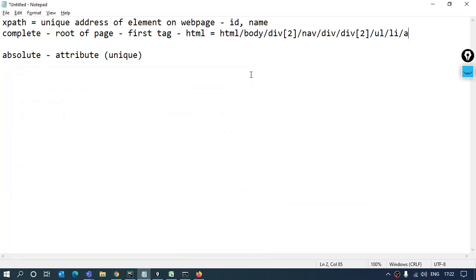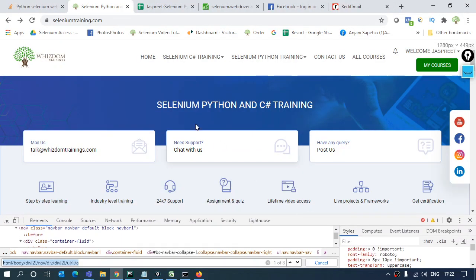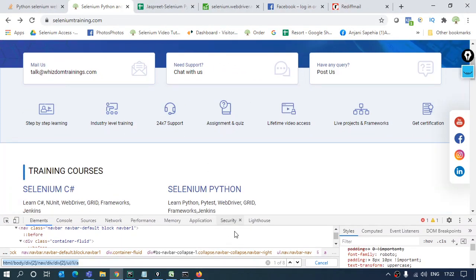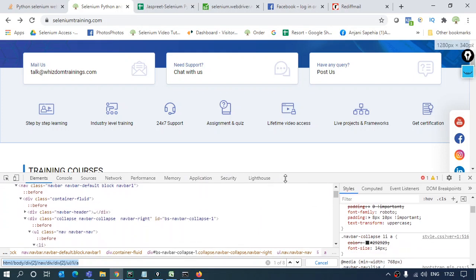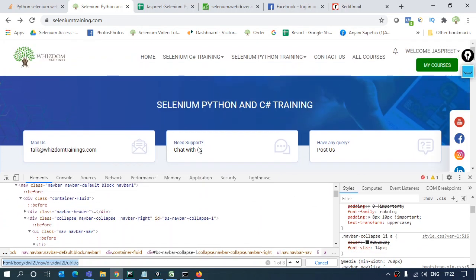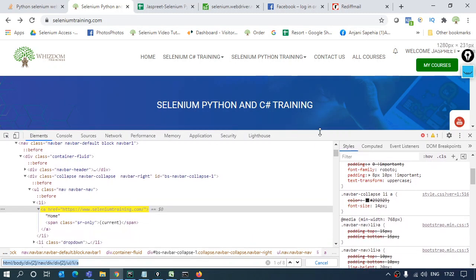Okay. Now we actually refrain ourselves from using the complete XPath because there is a big reason behind it. It starts from the root of the page, right? From the HTML tag. And suppose my element is in the middle of the page, and by the time I am working on that particular element, the page gets updated and there are some additions of tags, some deletions of tags. I may have to change my full XPath. I have to reconstruct my XPath again, right? So we don't use complete XPaths generally, but in some conditions we also have to use them.